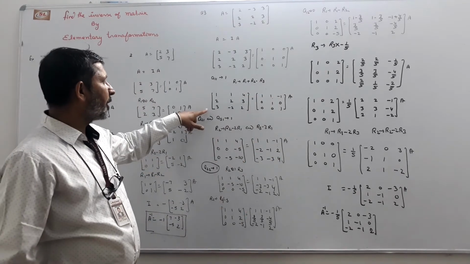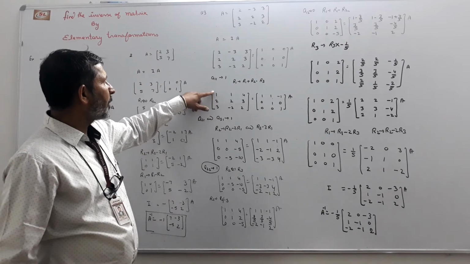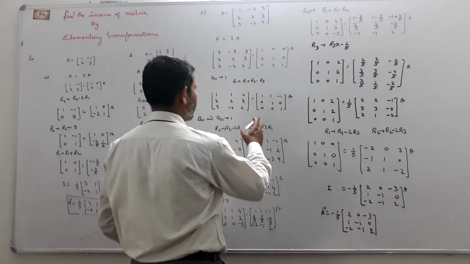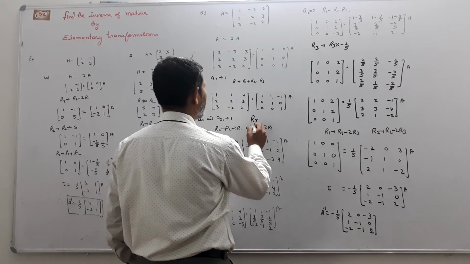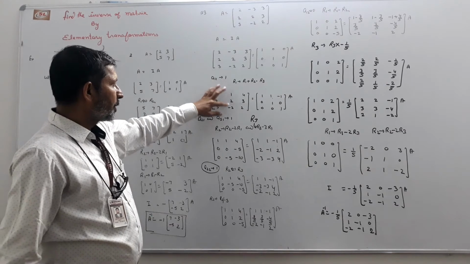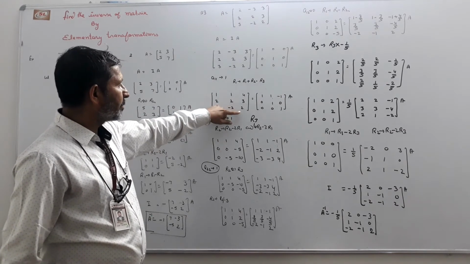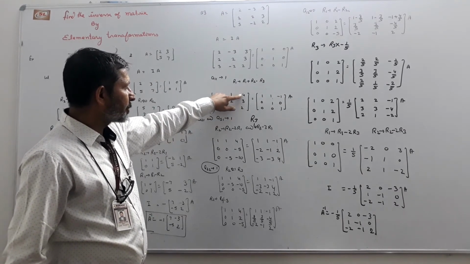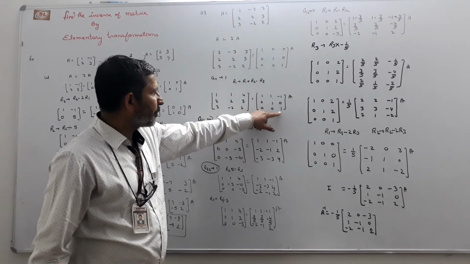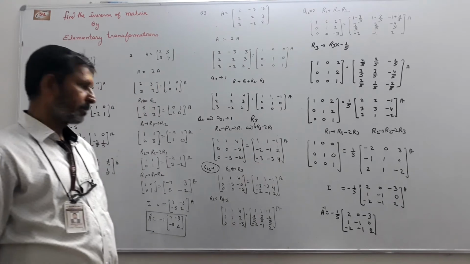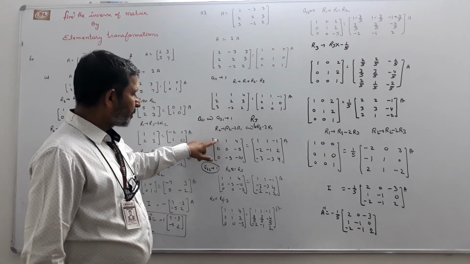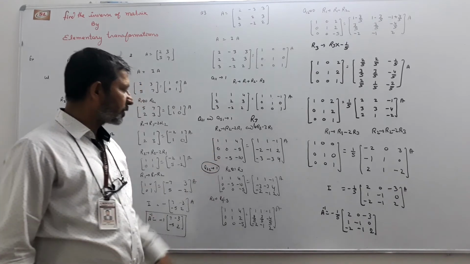Similarly, in R3, R3 minus thrice of R1, 0. Minus 2 and minus 3, minus 5. 2 minus 12, minus 10, minus 3, minus 3, 1 plus 3, 4. First we accept A11 as 1 and all the elements of this column become 0.